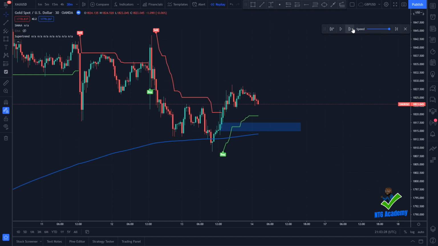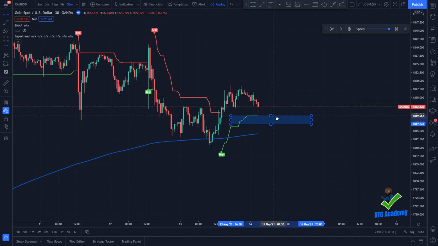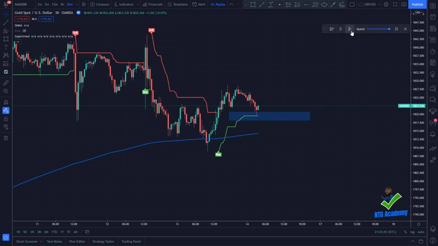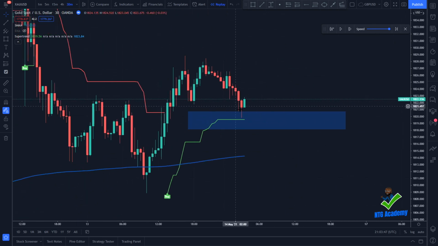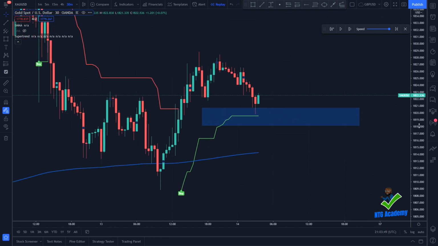Okay, so now it's going straight again, so you want to move the zone to this area here. Okay, so every time we make that straight line, not the curves, we want to make that straight line, and then that's where we're gonna put our zone. And then now we just wait for a signal, which is going to be the 1, 2, 3 engulfing candlestick